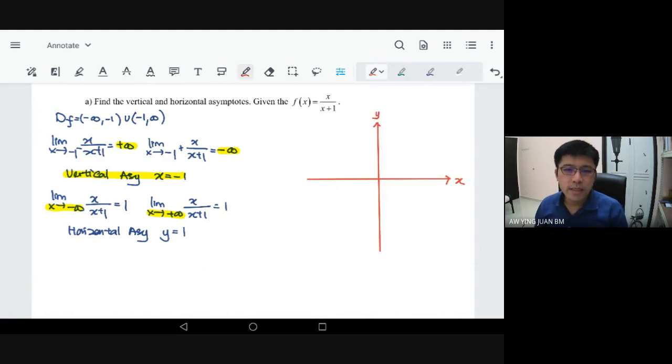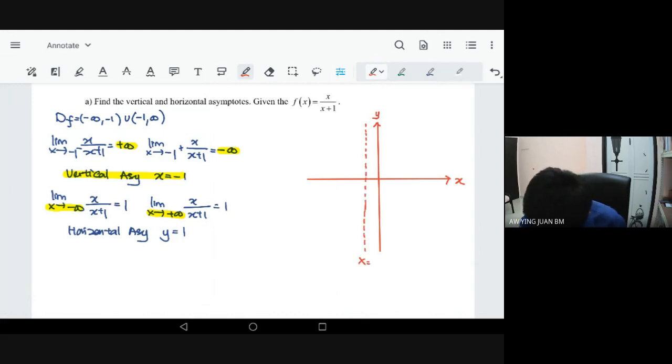Okay, beri perhatian ya. So sekarang kita ada xy axis. So yang pertama apa yang kita perlu buat adalah tulis asymptote dia. Okay, di mana asymptote kita adalah x equals to negative 1. So katakan x equals to negative 1 berada di sini. Okay, sebagai tambahan. Kemudian kita mula baca iaitu vertical asymptote.